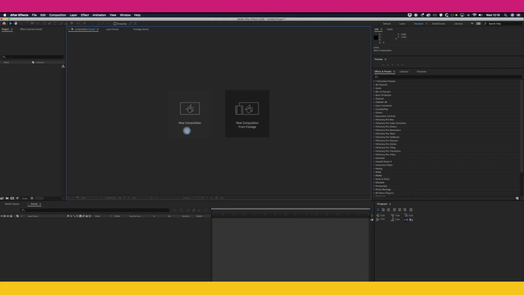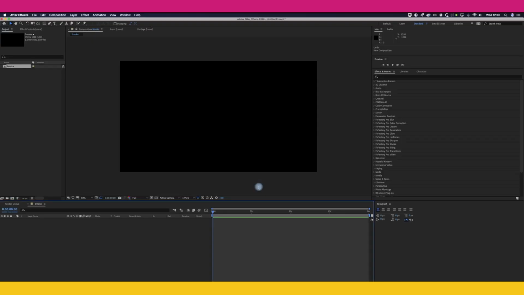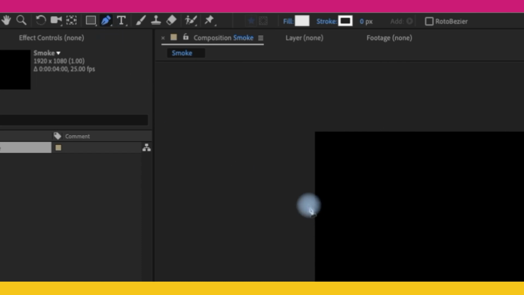So the first thing you want to do is to create a smoke effect inside After Effects. So create a new composition and give it a title. We'll call it Smoke. We'll have it 1080, 25 frames a second and just 4 seconds long. So the next thing you want to do is, with the little pen tool, create a little rectangle